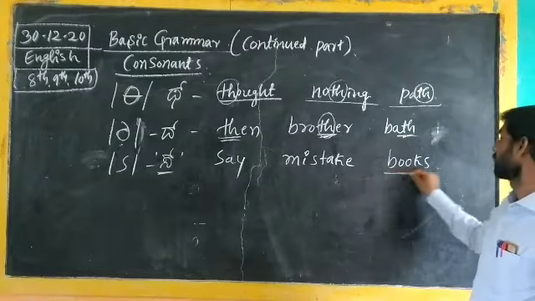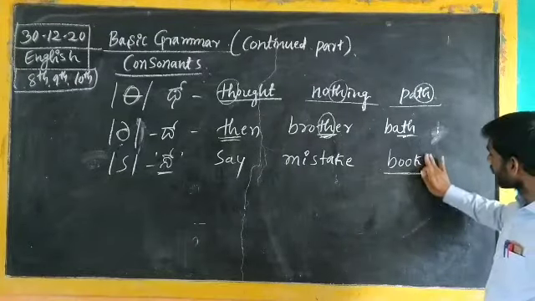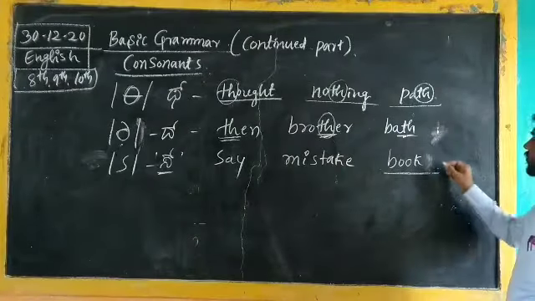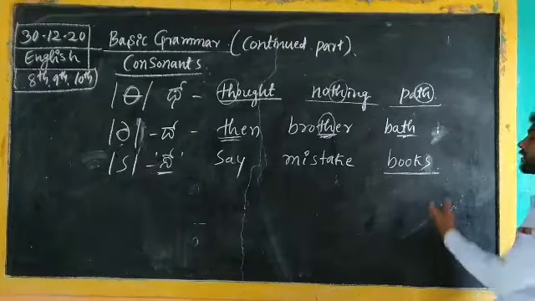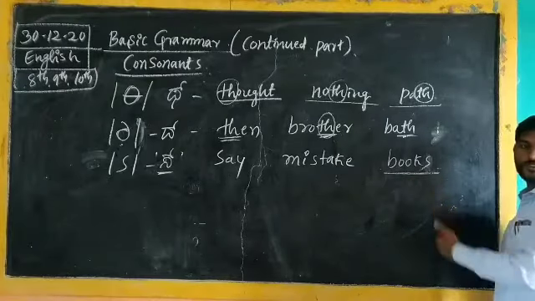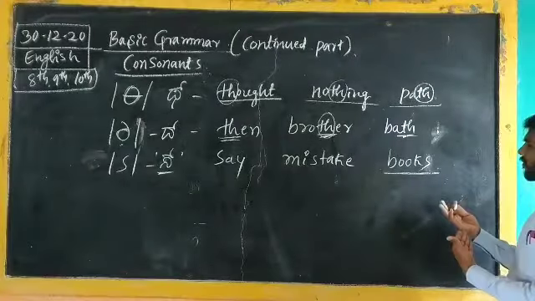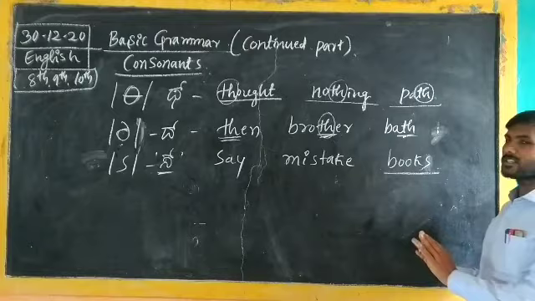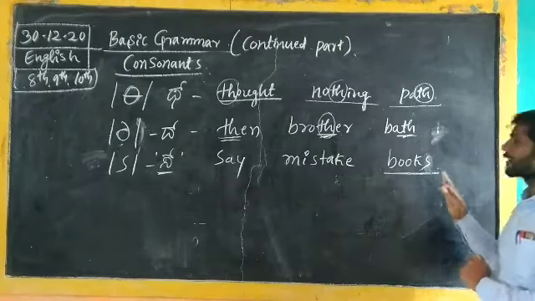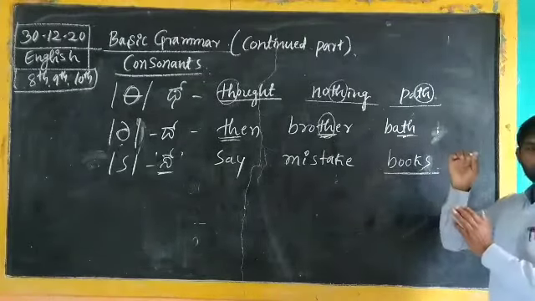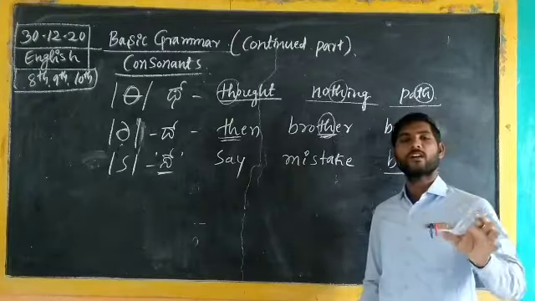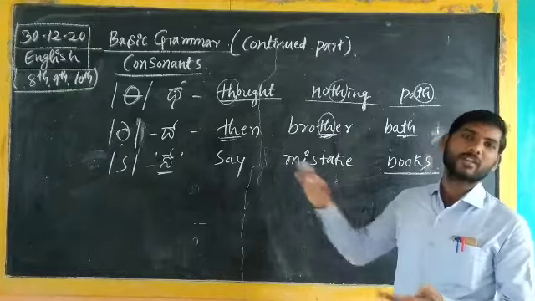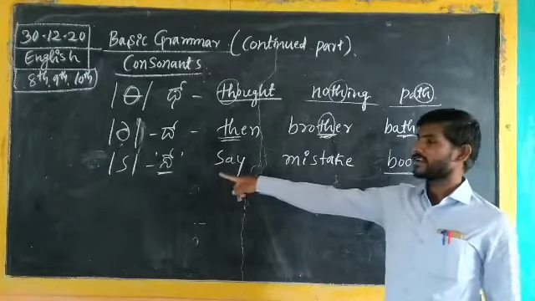And finally, books. When we write it like this, it means books. For what reason do we utilize this one? Because it gives us the plural pronunciation. At that moment we have to utilize it like that. Book is singular, but books is the plural. In the same manner, when we write that letter in a word, the pronunciation is hiding on the base of the voice.